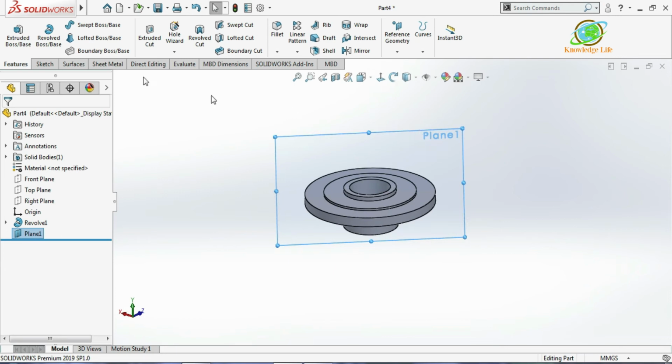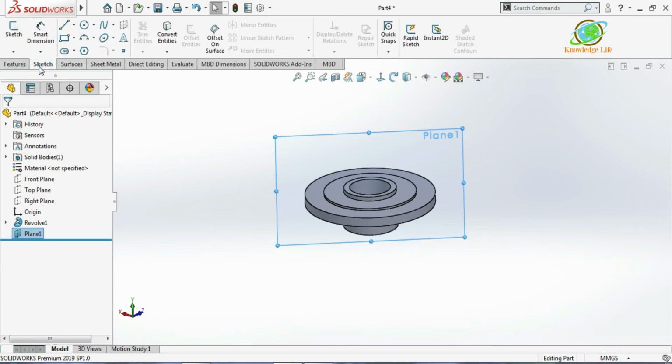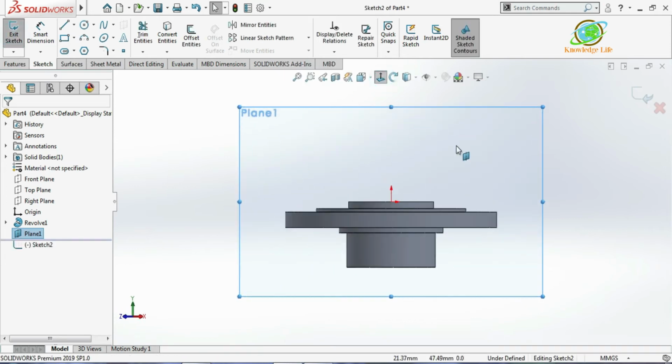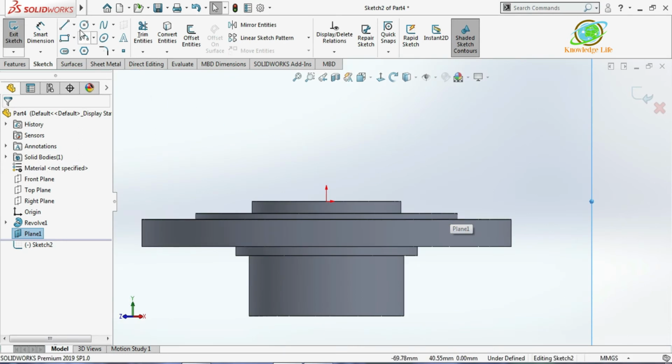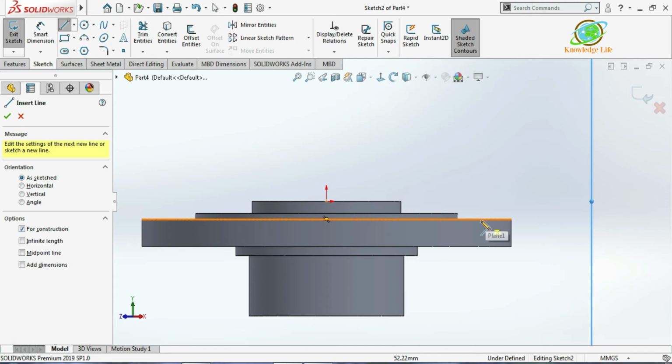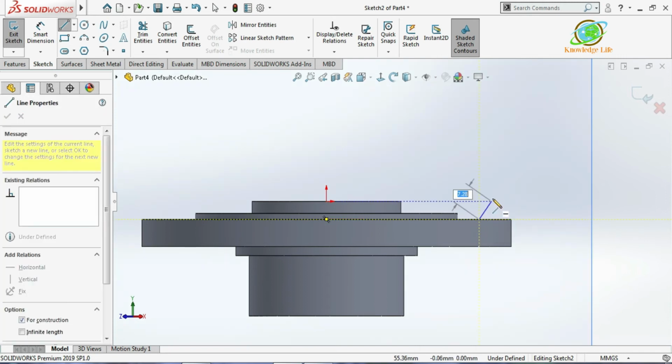Now I'll take a sketch on this plane. I'll go with the revolve operations. Click on the sketch, make it normal to the plane. You can see here the position they have defined. So I will take a line here, make a line, and just go with this, which is like this. I'll draw the half portion.